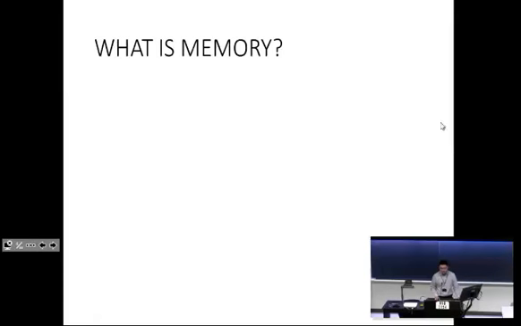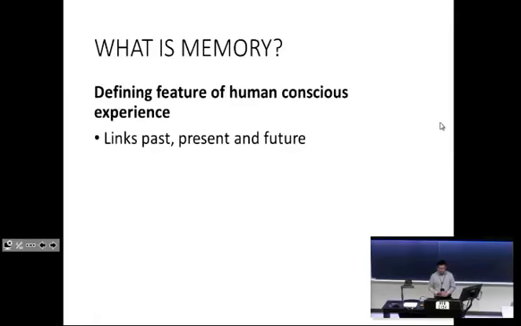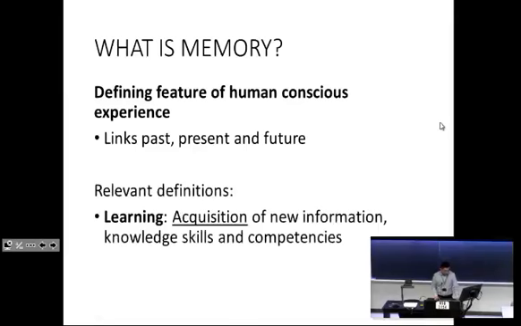Okay, so what is memory? Memory is probably one of the most defining elements of being human. There are certainly other higher chordates who are capable of memory function. We know this because we use mice, for instance, with the Morris water maze to do a lot of our studies in memory and dementia. The important thing about memory is that it allows an organism to exist in time. Without memory, there is no future, there's no past, you're always just simply in the present. And we'll see that in the illustrative case in just a little bit.